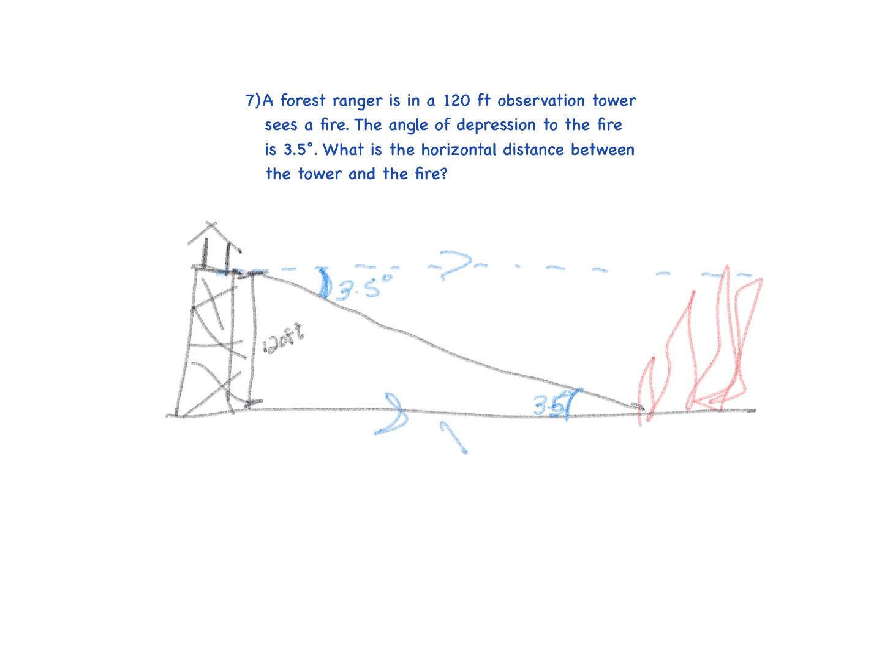So now what I'm looking for is the distance to the fire. I've got opposite and adjacent, so again, I'm going to use tangent. The tangent of 3.5 equals 120 over x. So x tan 3.5 equals 120. So x equals